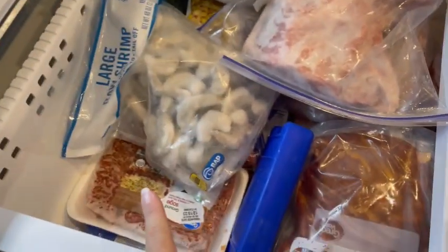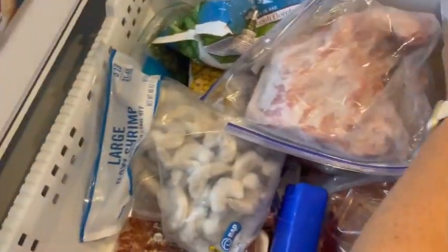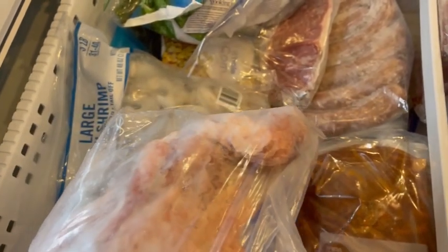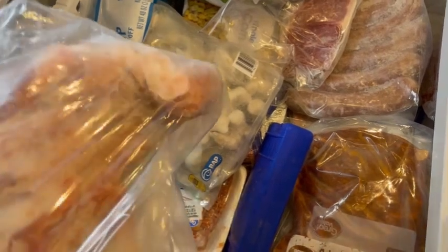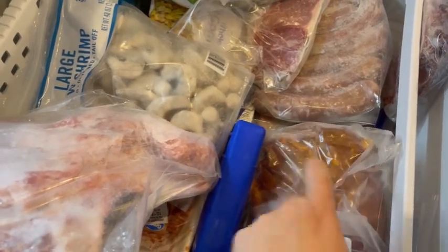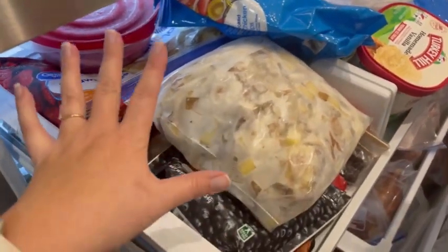Meal wise, we have shrimp, we have Italian sausage, there's 2 more tri-tips in here. I have this thinly sliced beef from when I made that stew. I've got frozen broccoli, frozen corn. Those are homemade brats that we didn't love. I am gonna use them, I think, in a spaghetti sauce or something. I think I have that Italian sausage. Use some of those brats. This right here is a really thick pasta sauce that I could thin out with some more sauce and make maybe a lasagna. And up here, this is all fruits,